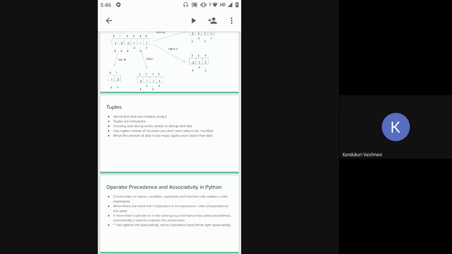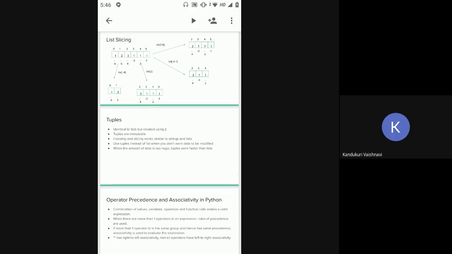And one more advantage of using a tuple, though mostly in our case we don't use it, is that if you're working on a large amount of data, like if your list has 10,000 or 20,000 values, and you create a tuple with those values, then the tuple will work faster for you.